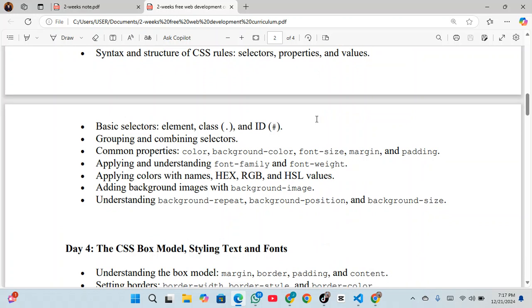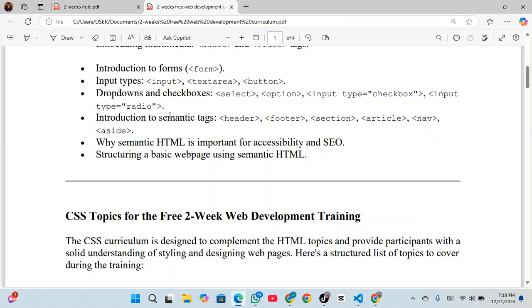So I'm going to start with explaining what is inline element, block element, and also talk about div and span before I can start explaining semantic tags and why semantic tags are important for accessibility and SEO. So that's what we are going to be looking at before we move on to CSS. So go straight to